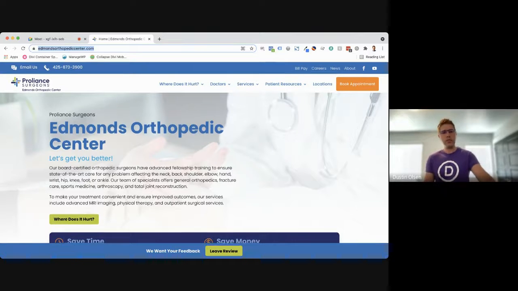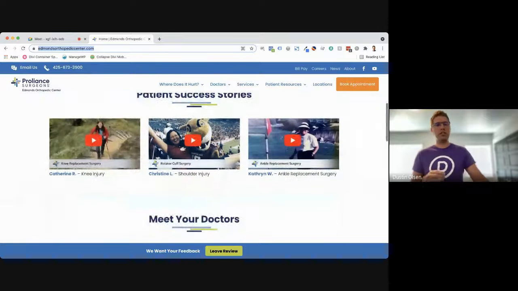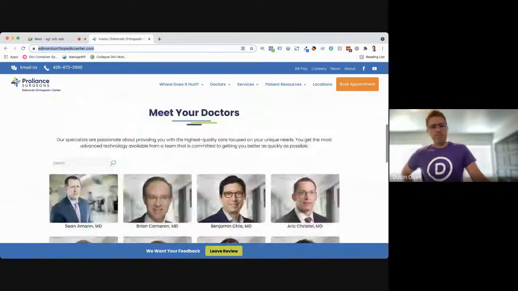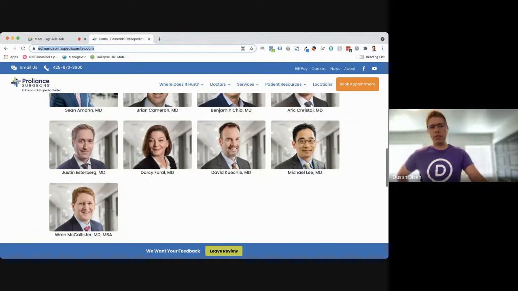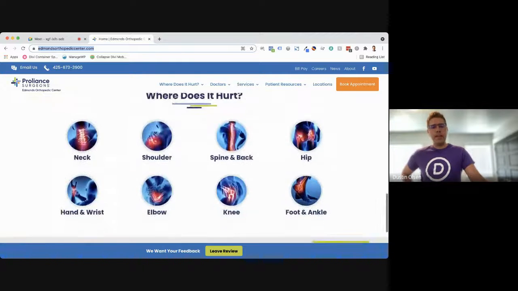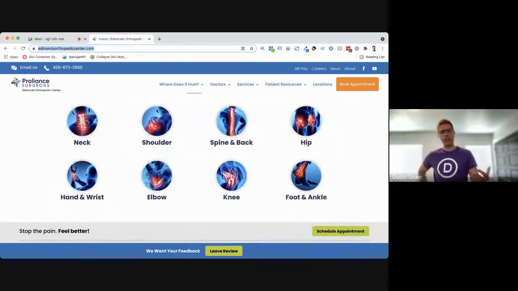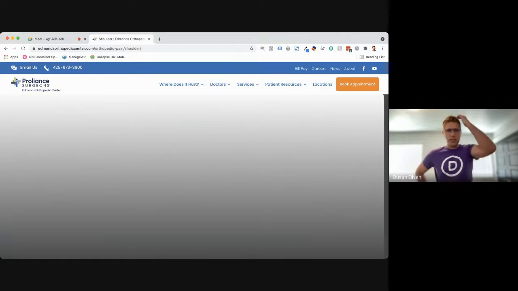So let me just scroll through some of this so you can see it. We try to showcase doctors or make it easy for people to find doctors right away because that's what they're here for. And then we got the Where Does It Hurt section of the website. And we'll just do shoulder here. These pages are